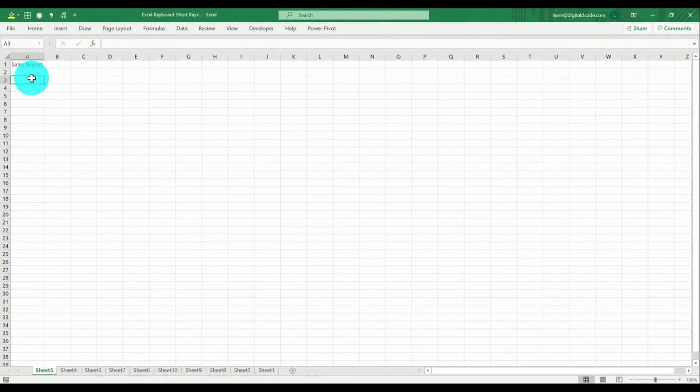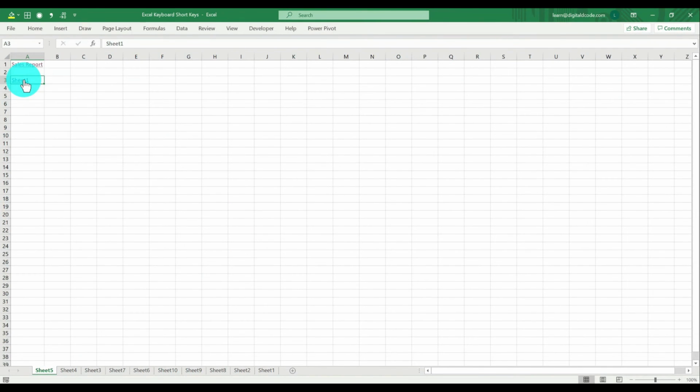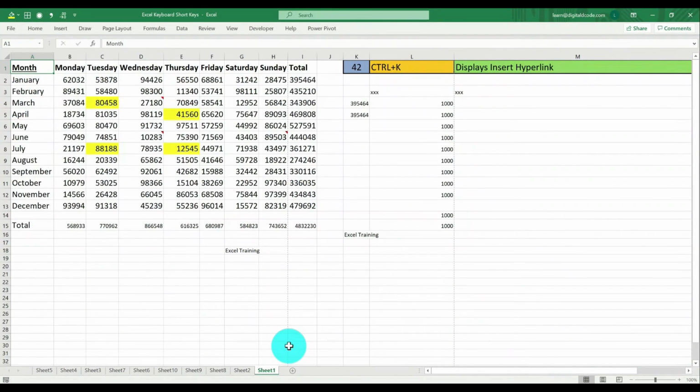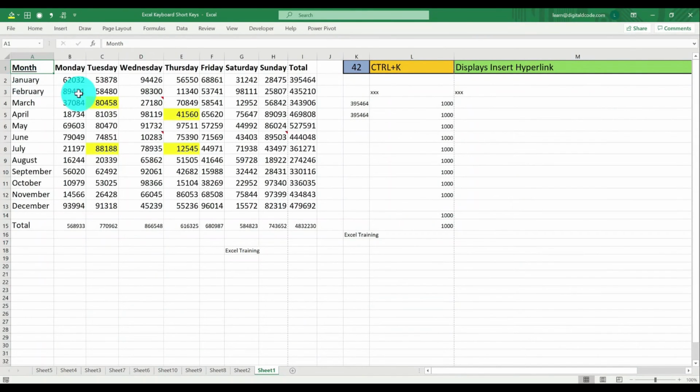You can also link a sheet. So now I'm going to link sheet 1. So again press Ctrl K, choose the second option, place in this document. I will choose sheet 1. So here sheet 1, you can also define a range. So when you select the sheet, which range you want to choose. So now I kept A1. So now if I click this, it will directly go to that sheet. Again, if I want to go back to the original sheet, press F5, enter. So it will go back to the original sheet. If you want to go to this sheet, click sheet one. So it will go to the working sheet. Next.